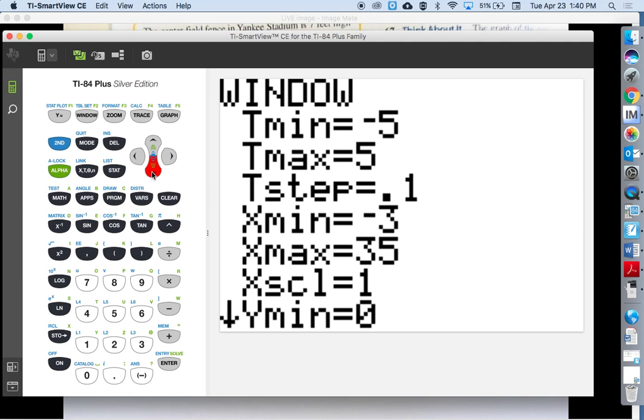Now the x max, I have my min at -3. The min doesn't really matter. How far does the ball have to go for it to be a home run? Brendan? 400 and? 50. Yeah, so 408 is the home run. Give yourself some space. Make it a little more than what that horizontal distance is. So 450 sounds good. And then the y max,